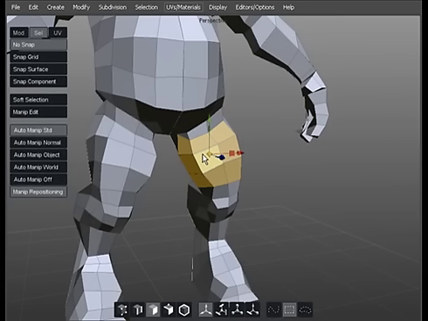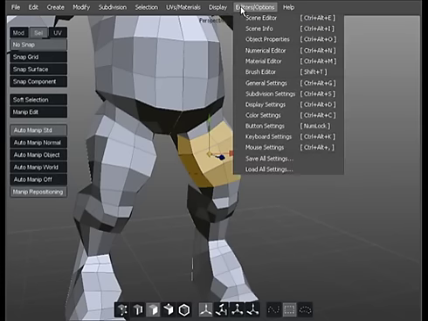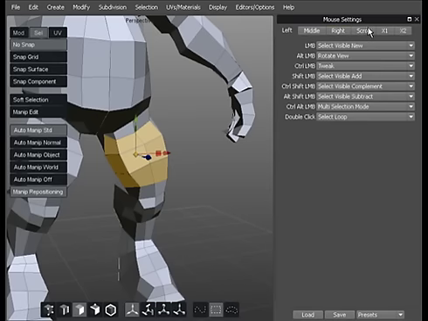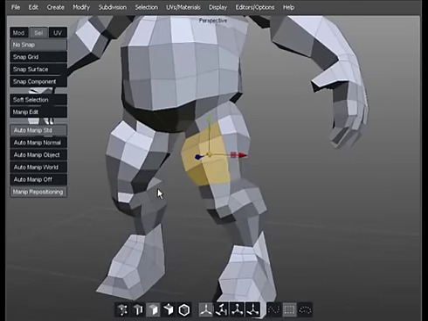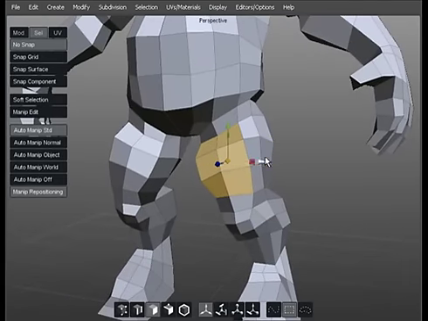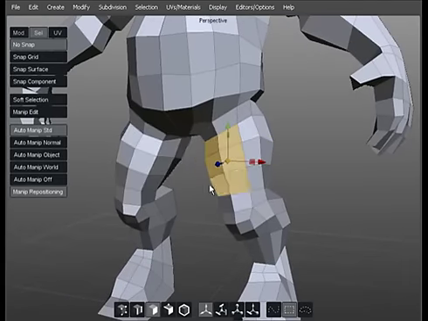Now you can just call the smooth command from the menu, or you can do what I've done here, which is I go to, already set up this of course, the mouse settings, and if you look at scroll, I've got Alt and Shift, Control and Shift set to smooth. So if I scroll the mouse wheel holding Control and Shift, it does the smooth command, and if I scroll the wheel backwards, it undoes it. So if you watch what that actually does, with that selection there, I'm now holding down Control Shift and rolling the wheel forward. It gives me a smooth